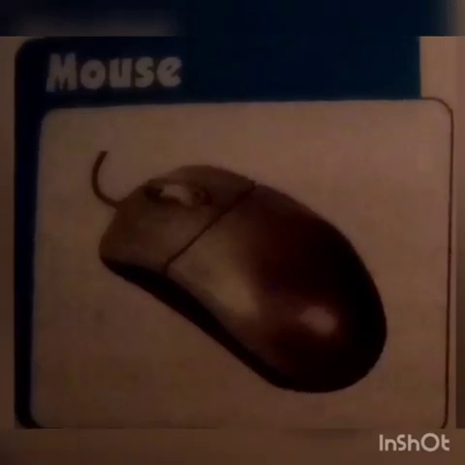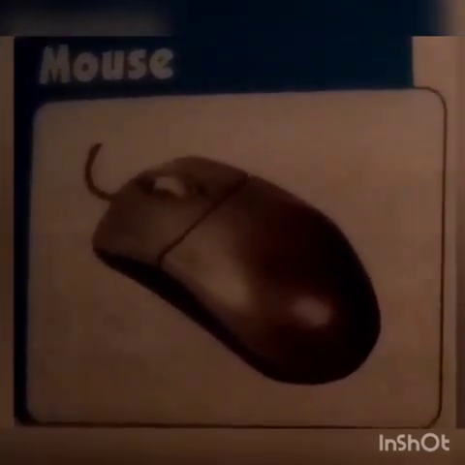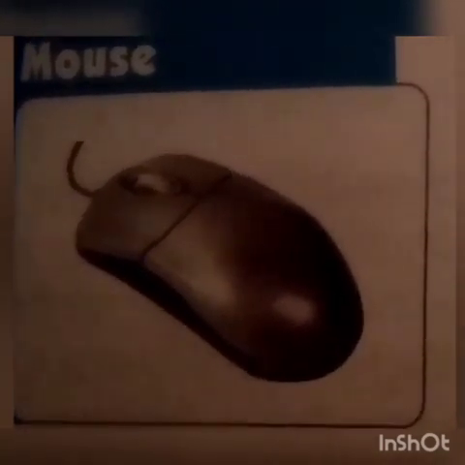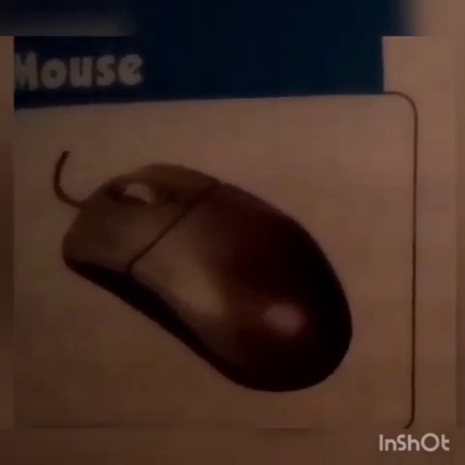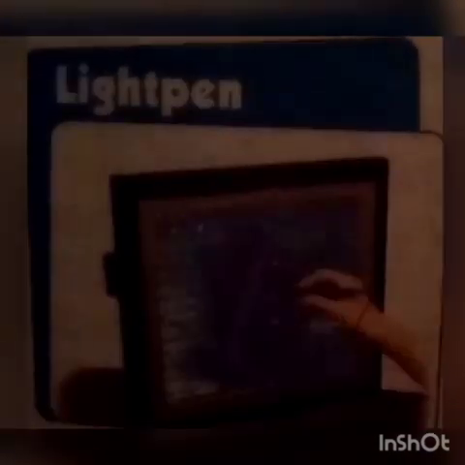Mouse. This is a pointing device used in a computer system. A mouse has 2 or 3 push buttons which are used to control the commands of programs on computer. Pressing a mouse button once is called a click. Joystick. A joystick is also a pointing device. It is usually used while playing games on the computer as it gives a better control.